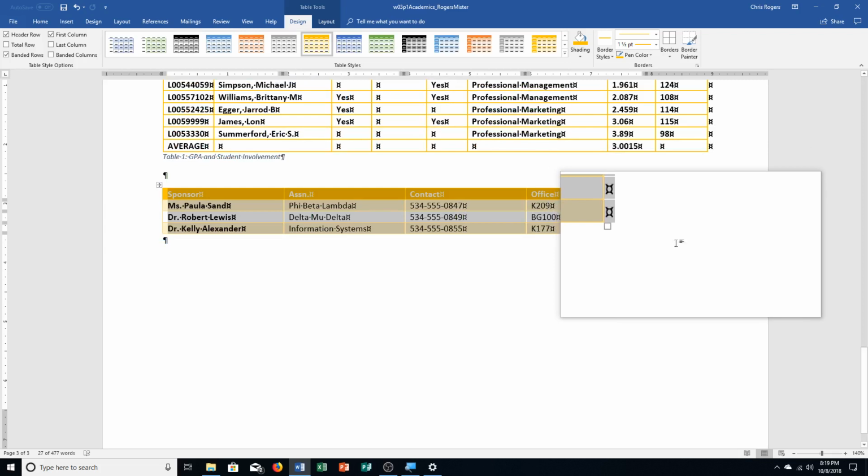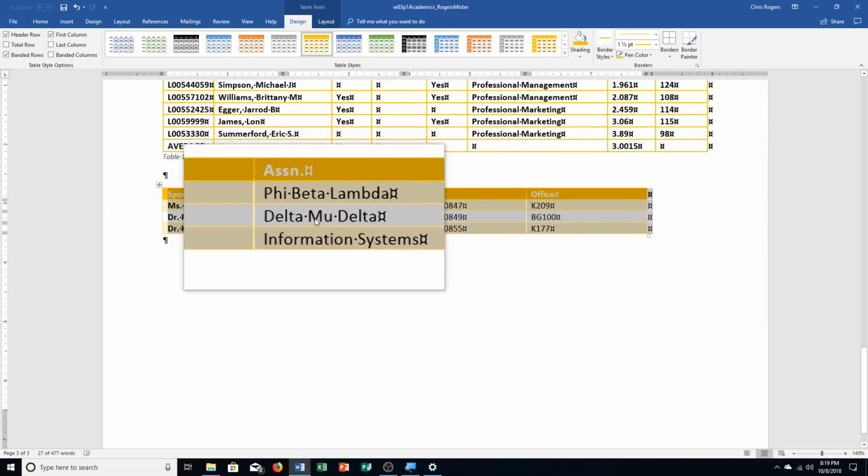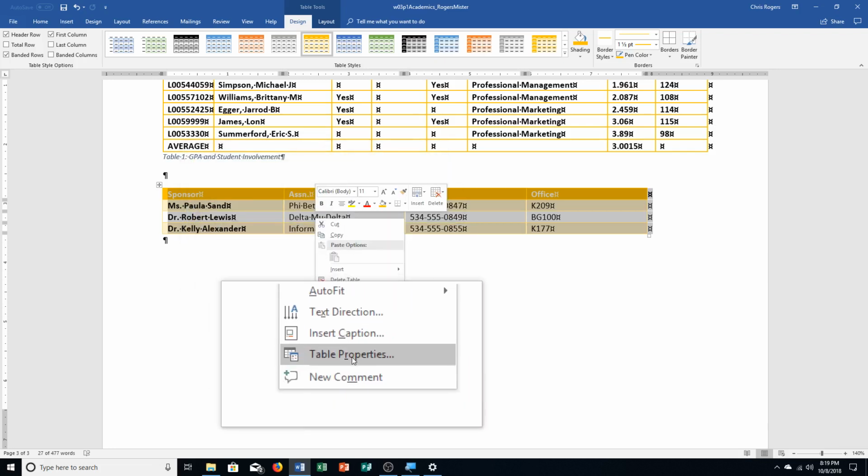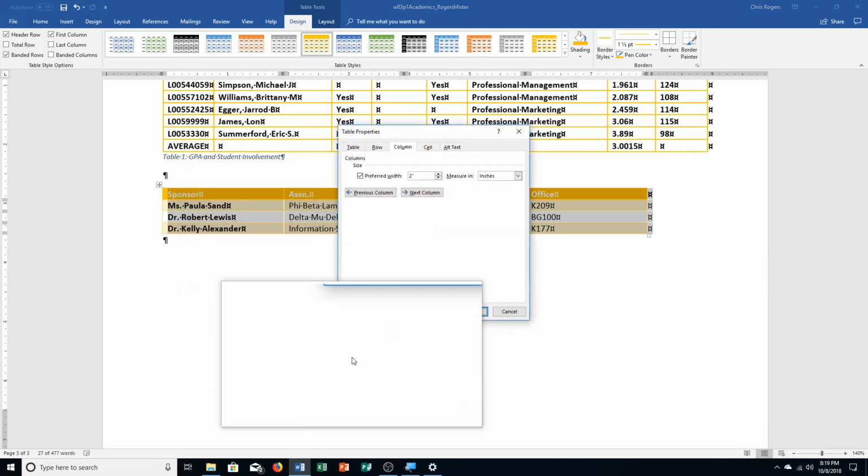Right click anywhere in the selected table. Notice I'm keeping it selected all throughout. I haven't clicked away from it. Right click, click Table Properties. So down here, second to the bottom,